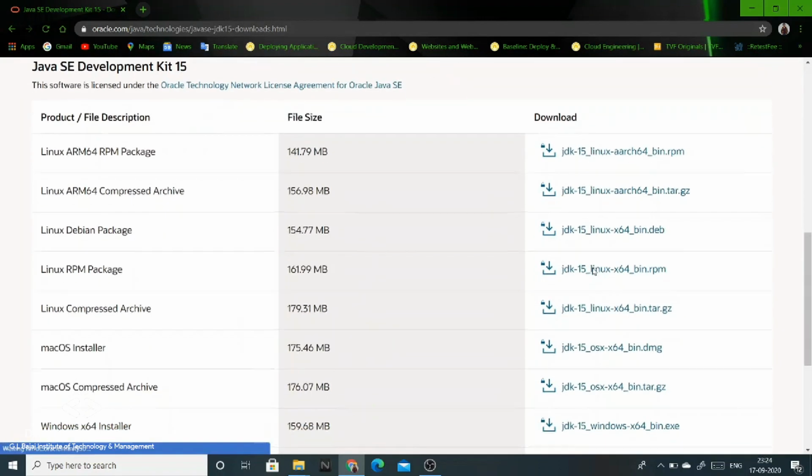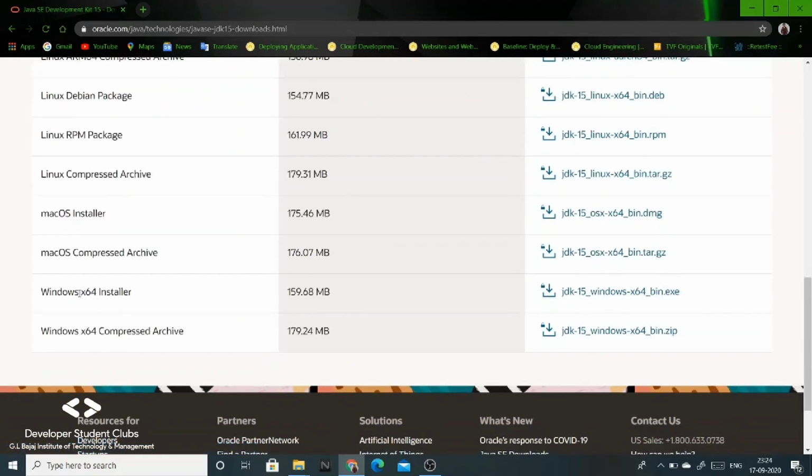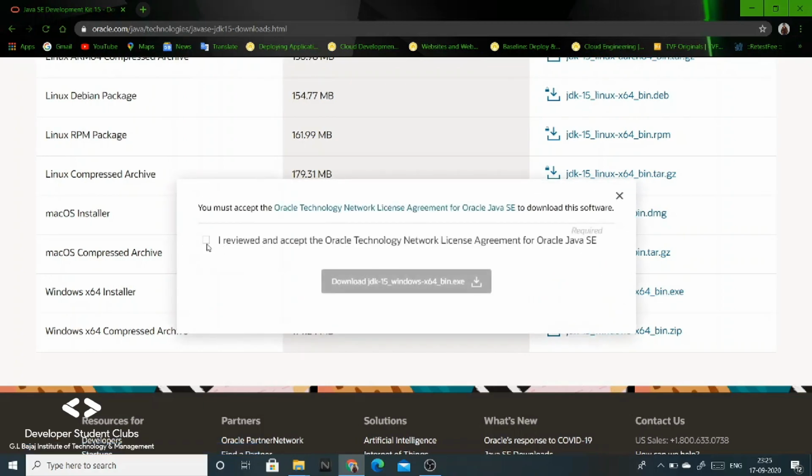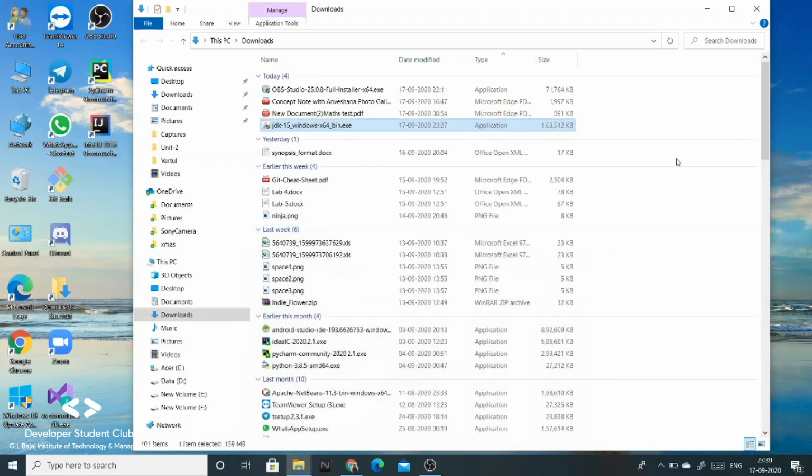Scroll down this page and we will see the Windows x64 installer. Download the .exe file, and here accept the license agreement. Now download JDK. After downloading JDK, here in our downloads we can see our .exe file. Let's click on it,